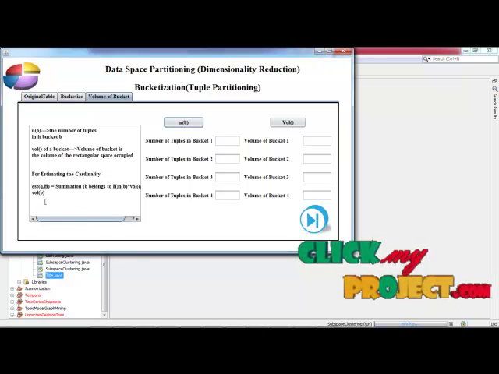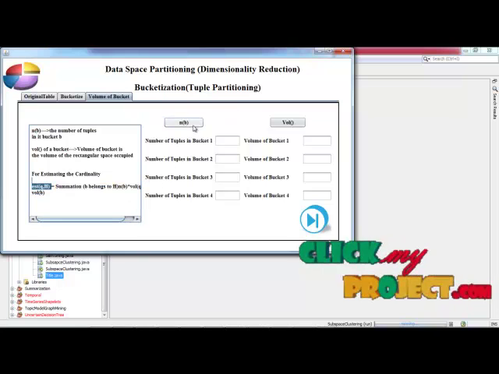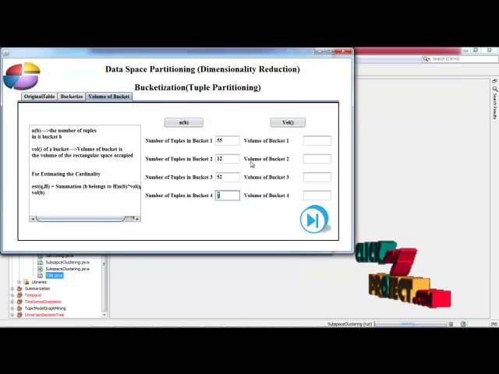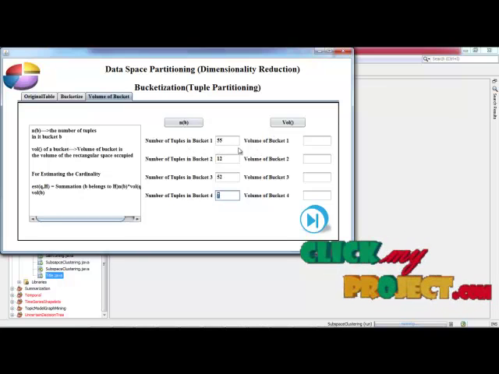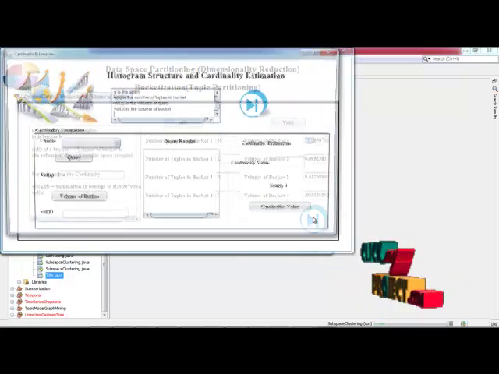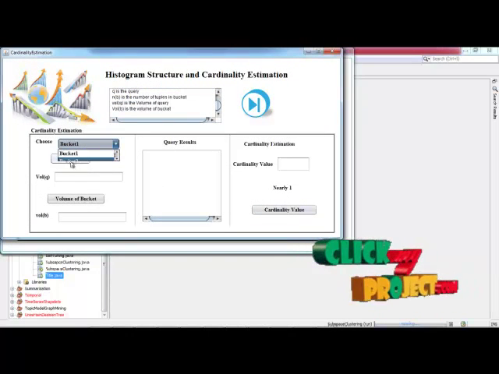We are estimating the cardinality by using this formula. Here we are estimating the number of tuples in each and every bucket. After that, by using that, we are calculating the value for each bucket. Then click next button.